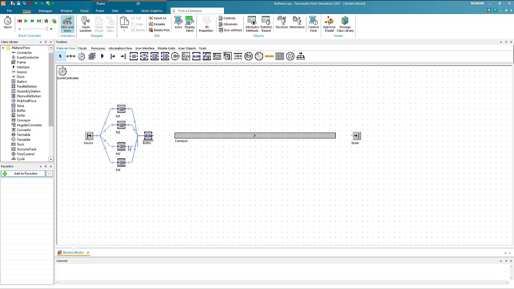Like so. And let's see if I can edit this. Yeah, so I can edit the connector after it's been wired. Okay, let's now connect the buffer to the conveyor, and then the other end of the conveyor down to the drain. Okay, so now we've got all of these connected,